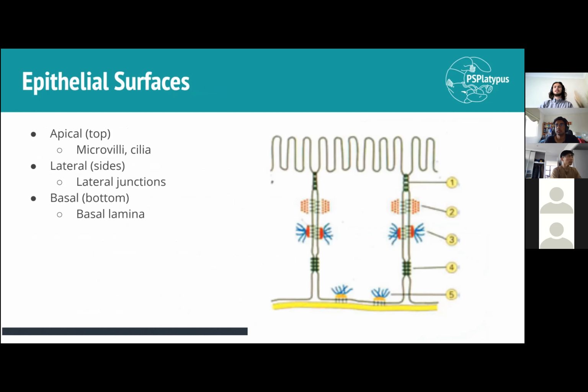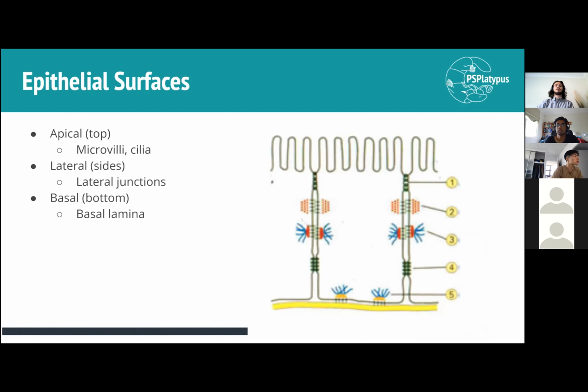And so this is here, you can see it's probably cuboidal, and it is simple. It's only one layer thick. You can see some microvilli up here and the basal lamina down here. So it's only a single layer of epithelium here, but it's just to illustrate the different sides, the different components